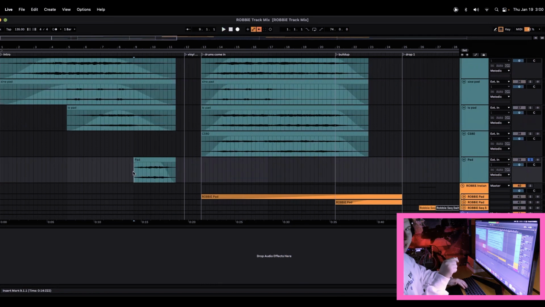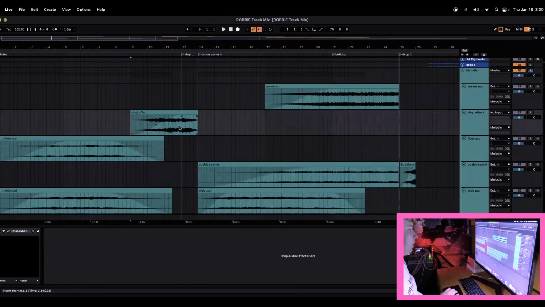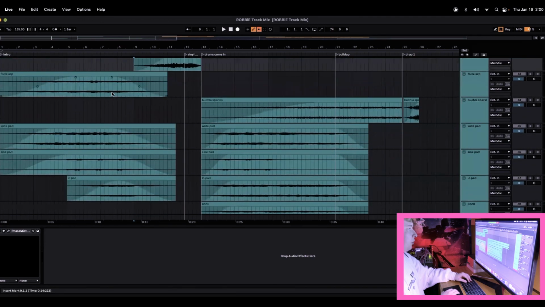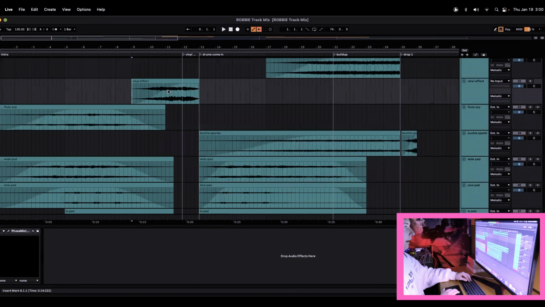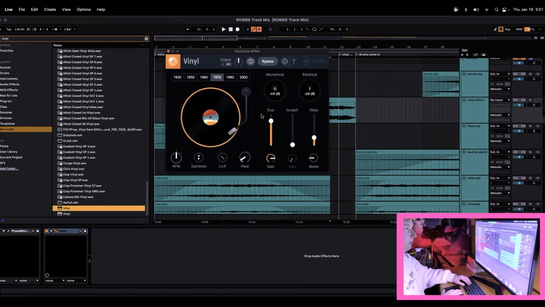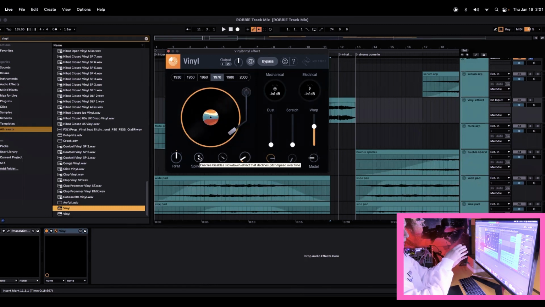Resonance on the filter a little bit higher, so that when you're taking the frequency knob and then automating it down, you feel like you're riding all those resonances, or like folding them down in a way. So that's pretty cool. And then the vinyl effect, essentially what I did is I lined up all of the things that are in the bus here, and I rendered them out into this one file. I moved it forward a little bit and I applied Isotope vinyl to it. Super cool little guy. It's completely free on Isotope, and all you do is you spin down as you're recording into a new track. So that way everything that you have is just gonna slow down as if you were, you know, like a,